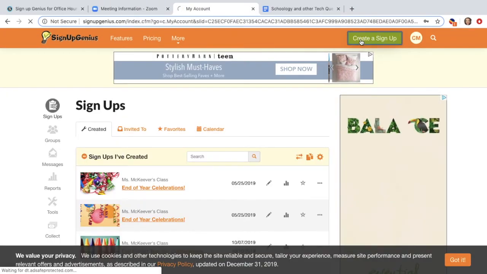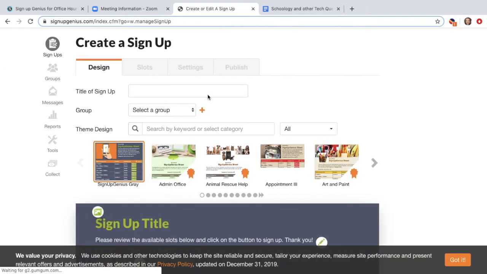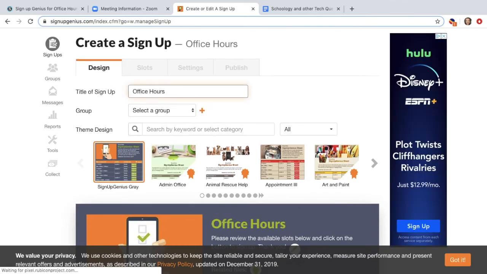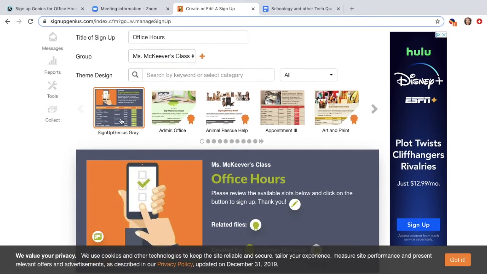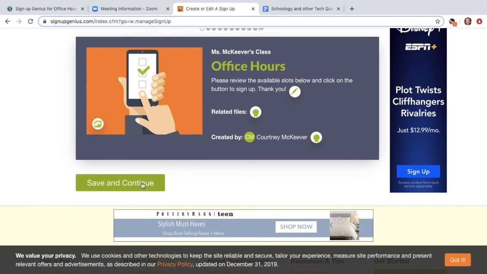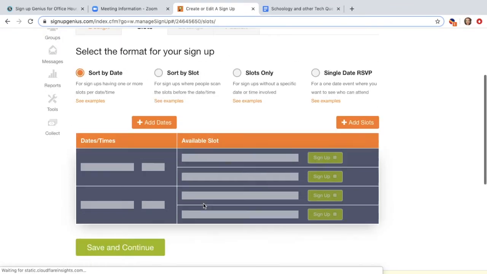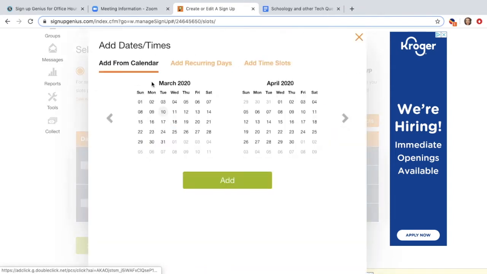So I click on Create a Sign Up. And I'm going to title it my office hours. Okay, I'm going to make my class the class, and then you can choose any of the theme designs. So I'm just going to choose this first one that's here. Okay, and I click Save and Continue. Now I'm going to sort by date, and I want to click on Add Dates. Now from here, I'm actually going to go into Add Time Slots,